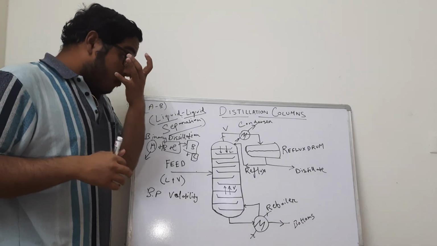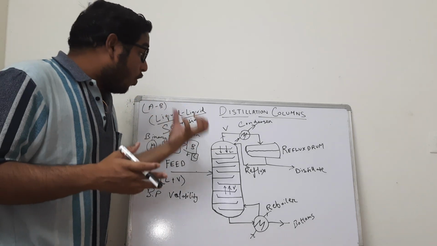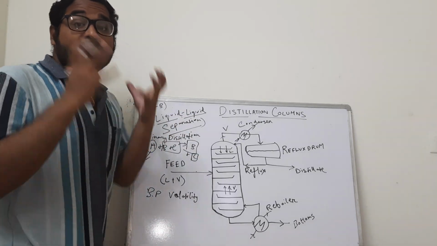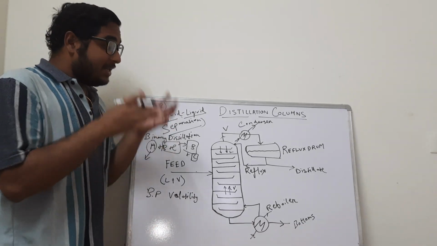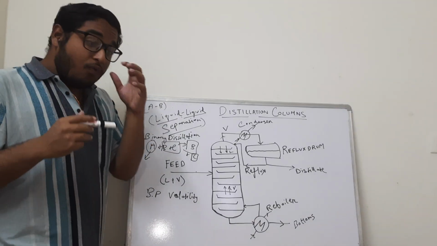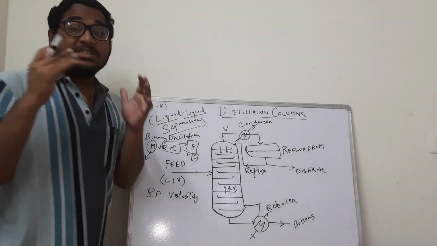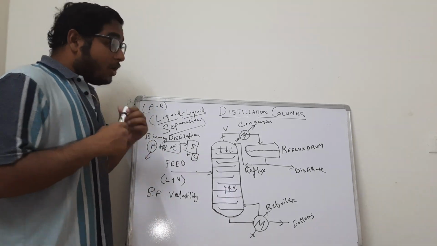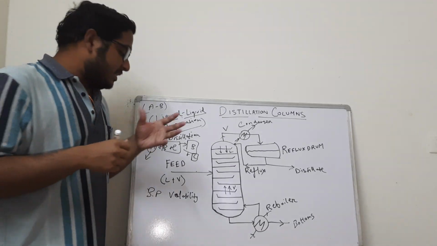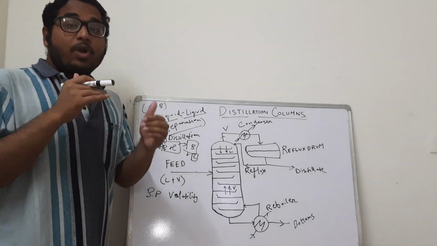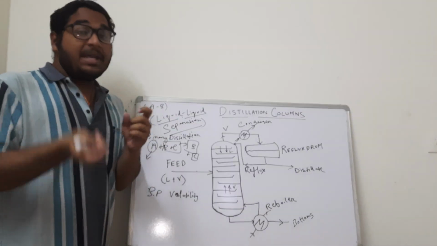So you see, the more volatile liquid will always have a tendency to form vapors at lower temperatures and will always try to move to the top rather than coming to the bottom, whereas a low volatile compound will always have a tendency to form liquid and it will not easily vaporize. So the vaporization tendency of a liquid is volatility, and the relative volatility of two liquids is definitely one relative